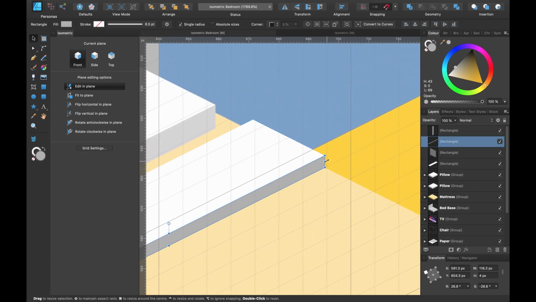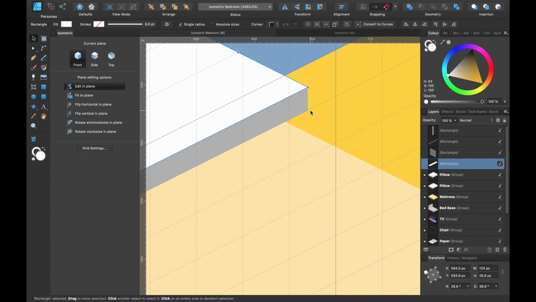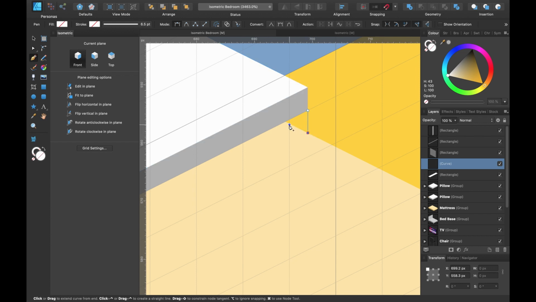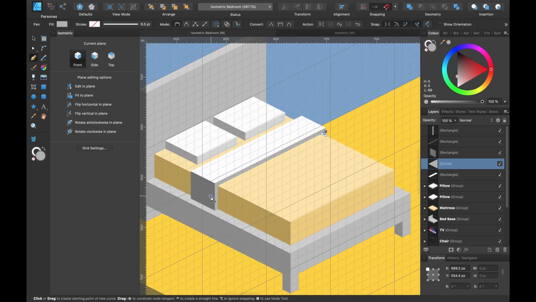And I'll just extend this slightly further, as if it's hanging off the side of the bed. Now, to fill this gap here, I just click on P for the pen tool, and I'll click on the corner, hold my finger on shift so it goes right down till it touches the line. Click once and just fill the gap. And I'll grab the eyedropper tool to match that color there. Okay, so we have that part of the duvet.